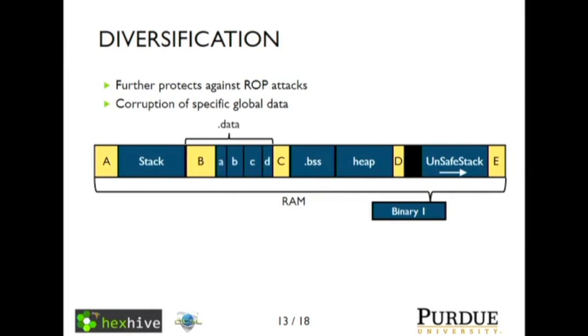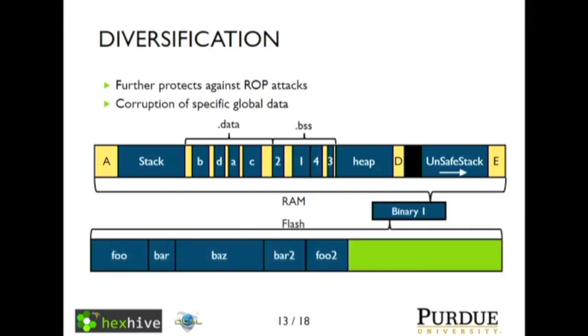And then we randomize inside of the data sections and inside of the BSS section. So internally, every global variable gets randomized to new locations. So if you don't know, the data section is your initialized global variables. Your BSS section is all your 0 initialized global variables. So here we've randomized the locations at a fine-grained level for all of your global variables. We provide a random offset for both the unsafe and safe stacks.